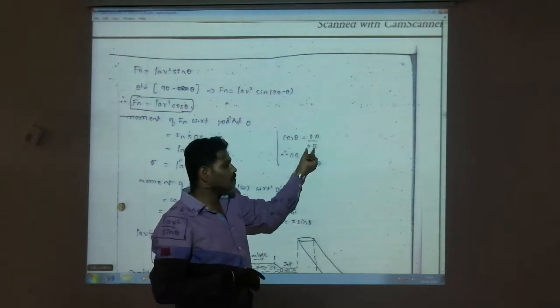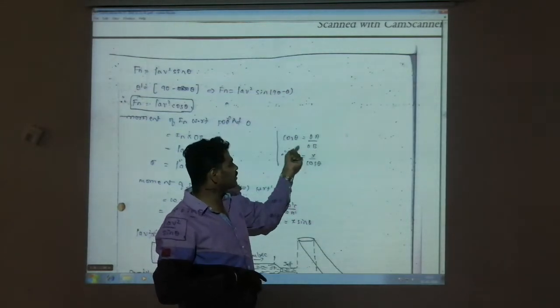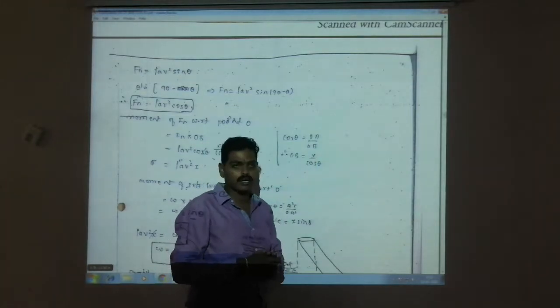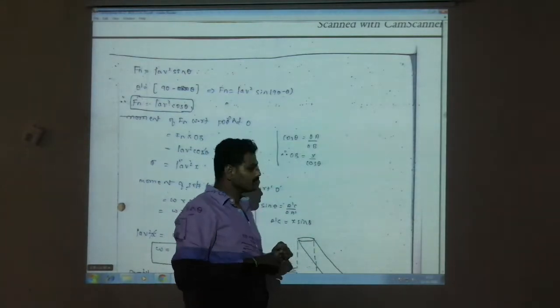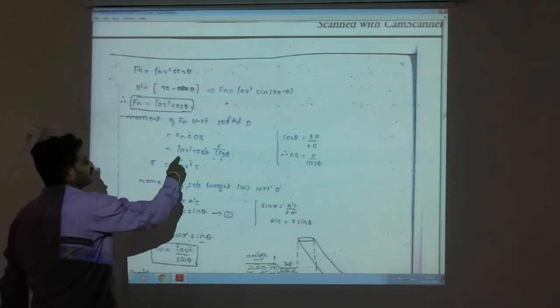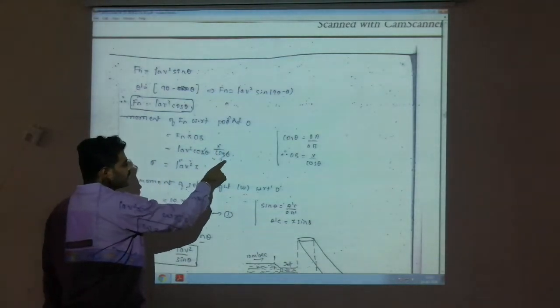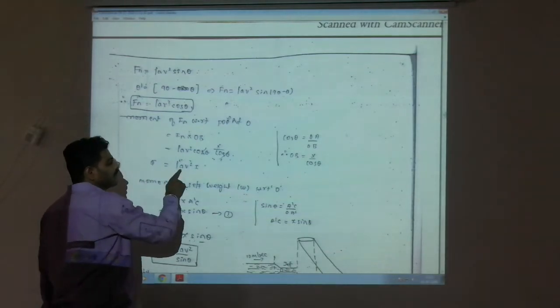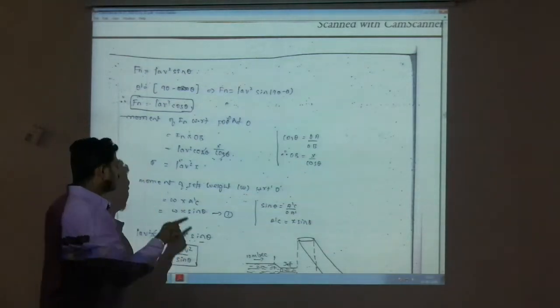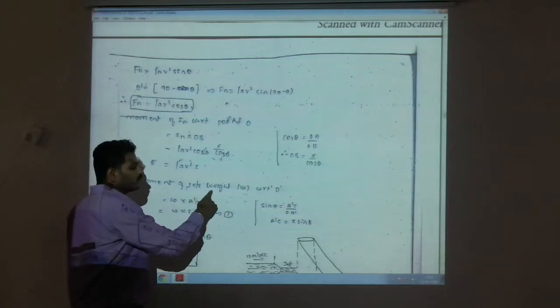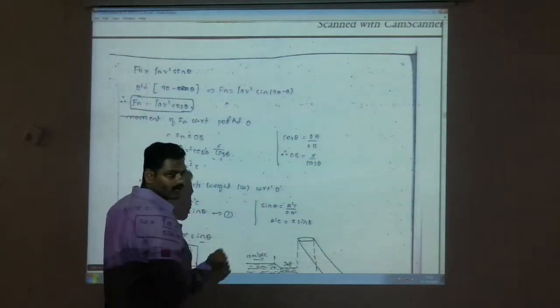Then if you want to find out the distance of O to B, then OB is equal to x by cos theta. O to A is x. We substitute that, rho a v square cos theta into x by cos theta. Then cos theta in both will get cancelled. You will get the moment as rho a v square x. The next is the moment of self weight W with respect to point O.